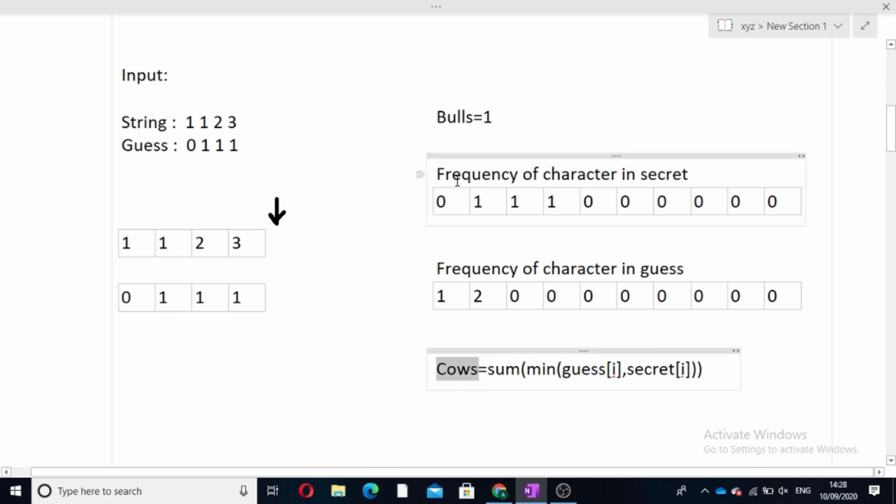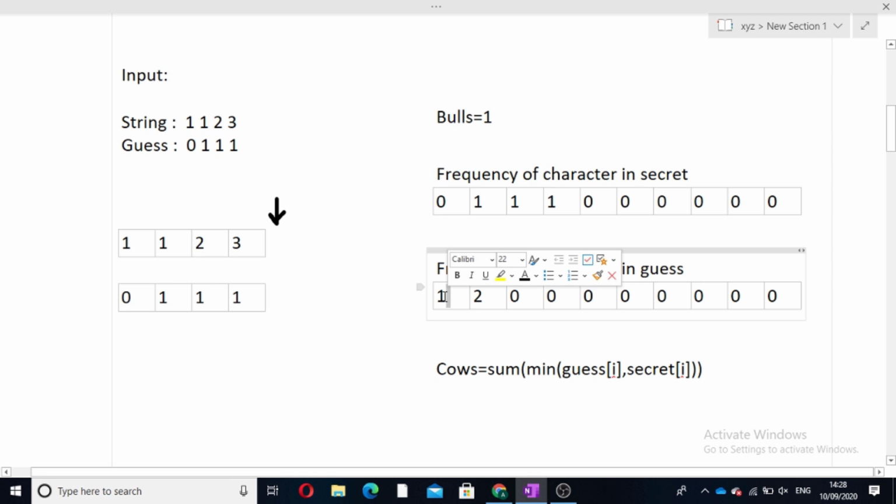The cows answer can be calculated using these two frequency arrays. Now what we have to do, we will traverse through the frequency arrays, and at every index we will take the minimum value from both the arrays and add them to the other indexes' minimum values. We will do this throughout the loop.